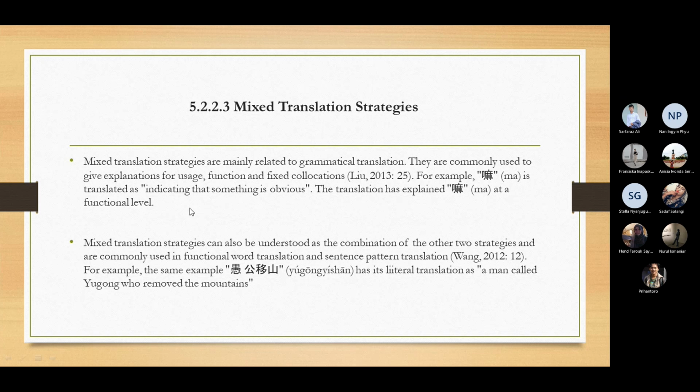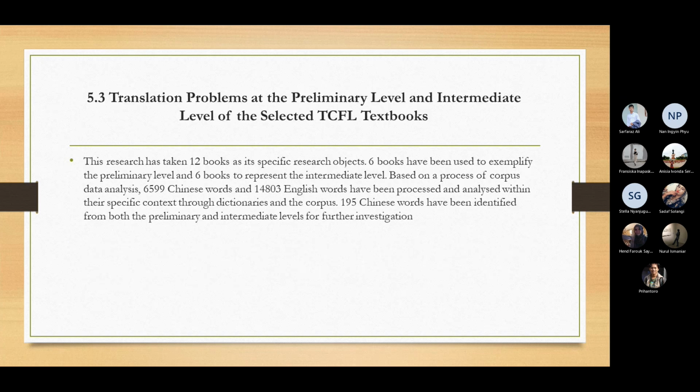Ma is translated as indicating that something is obedient, and the translation is explained at the functional level. So this is what the different types of strategies, mixed translation strategies, are. Another section was about the translation problems at the primary and intermediate levels of the selected TCFL textbooks. A number of translation problems occur, and with the help of a questionnaire, we saw that translation problems occur